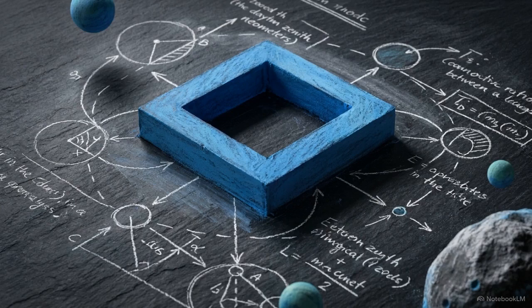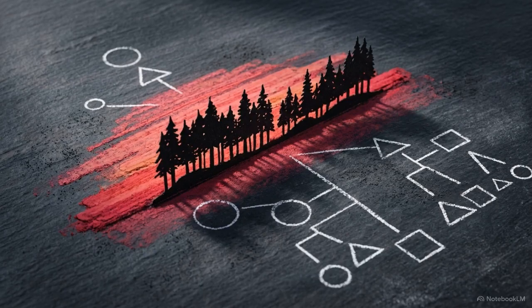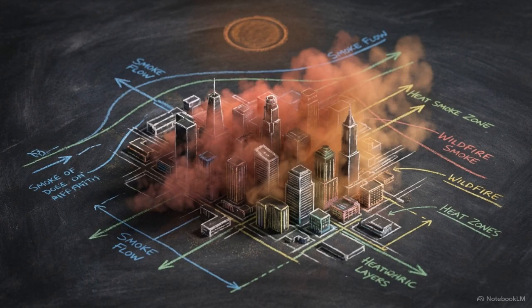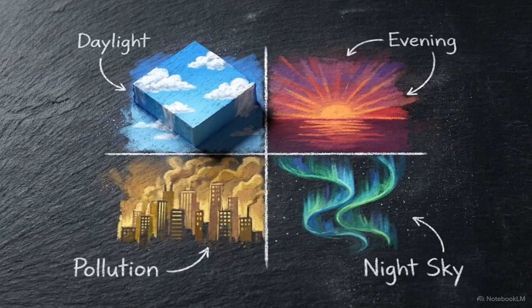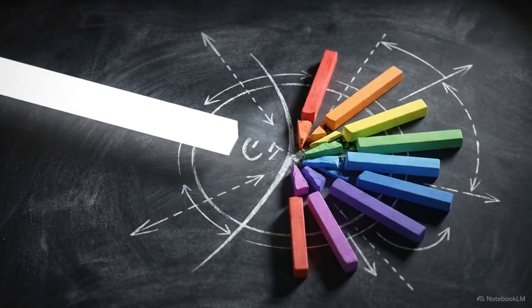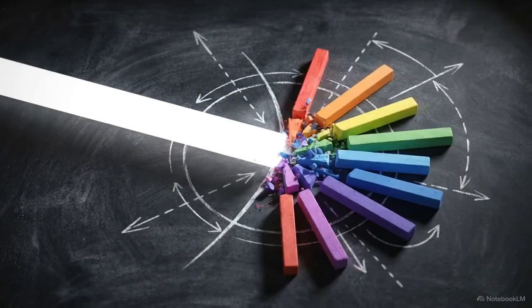Look up on a clear afternoon, and the zenith is a crisp blue. Wait a few hours, and the horizon bleeds into a deep red. Introduce a wildfire, and the air turns a milky, suffocating amber. Toward the poles at night, the sky glows a vivid green. We perceive these four skies as entirely distinct physical states, yet the light leaving the sun is uniform, broad-spectrum white